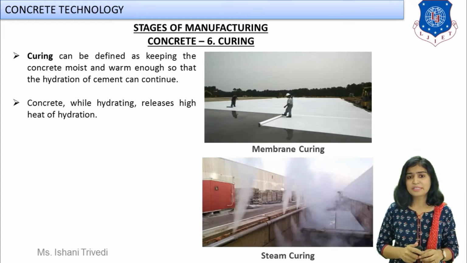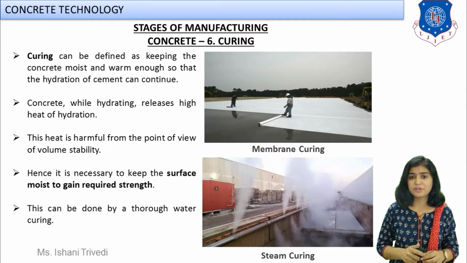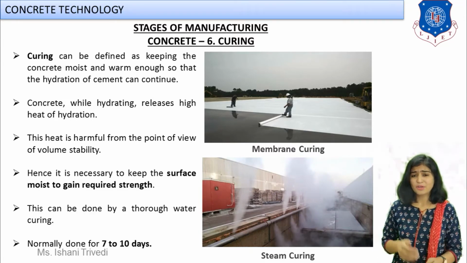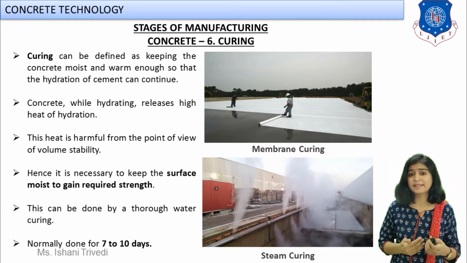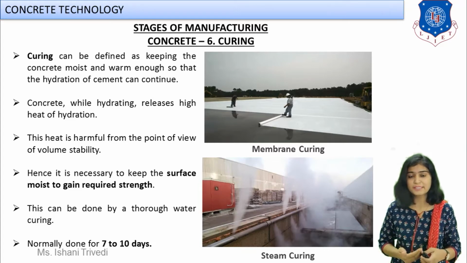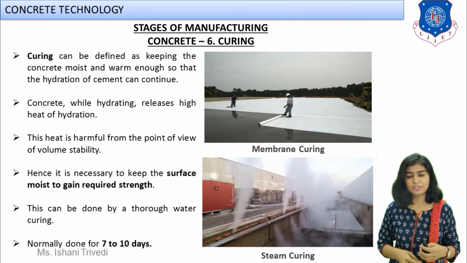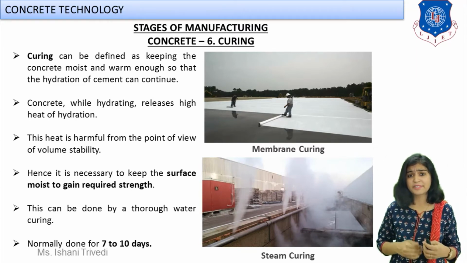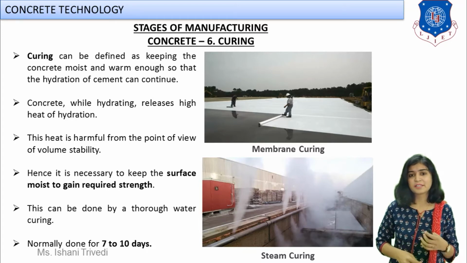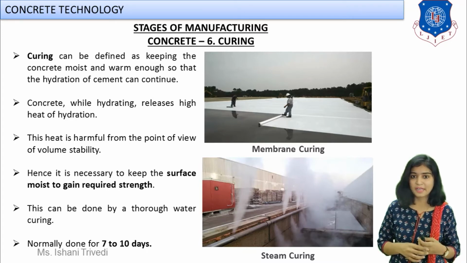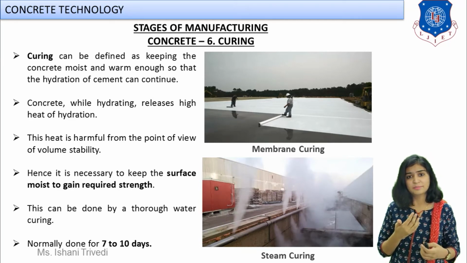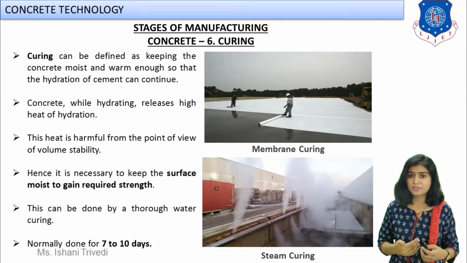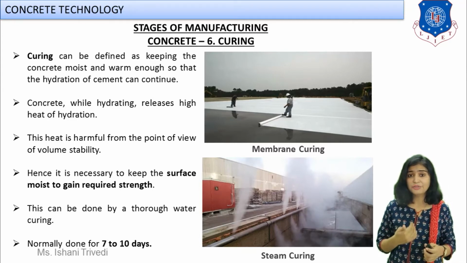So now we are moving to the last stage of manufacturing of concrete, that is curing. Now what is curing? Once the concrete is placed and you let it harden for at least 1 to 2 days, after that we have to provide water to the surface. You have to keep the surface moist. You would have observed at places that once the concreting work is done and the mass is hardened, water is constantly applied for several days on the surface of the finished concrete. Now, why do you need to do this?